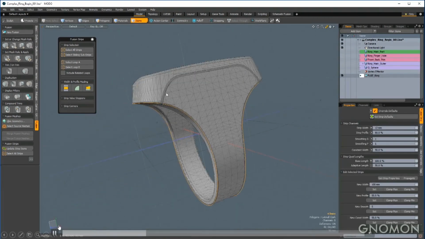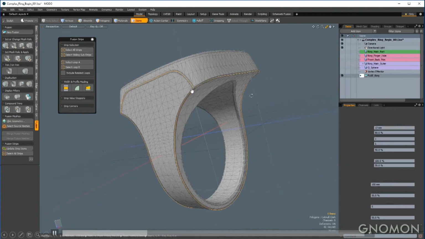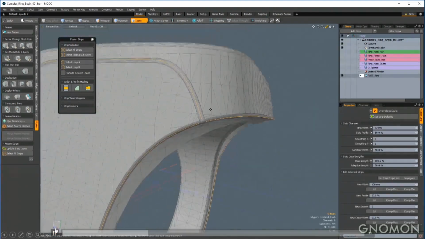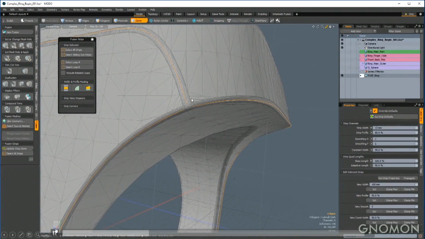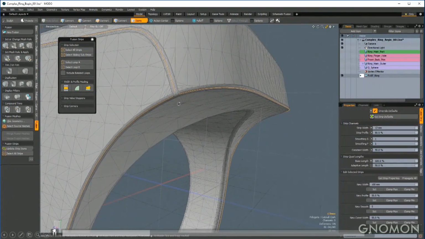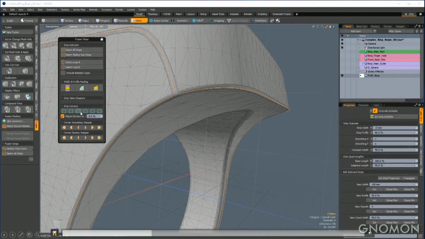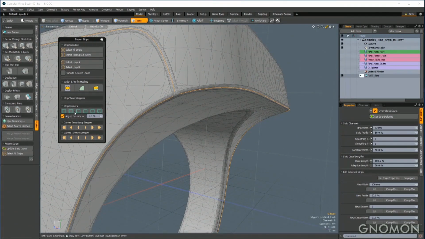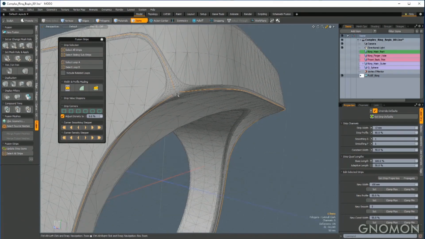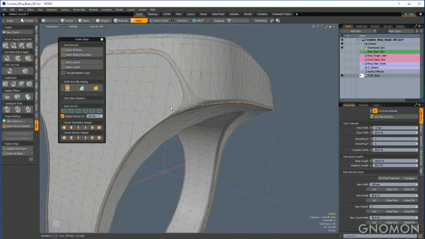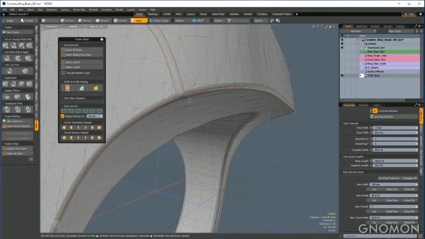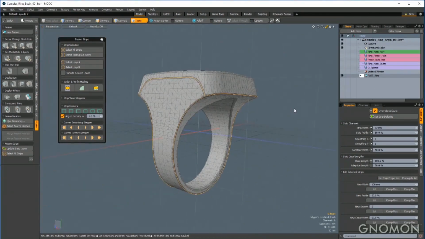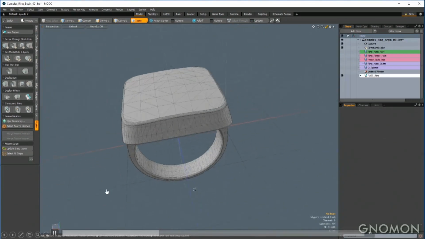So now I'm going to select all of the strips that meet at a corner point. And you'll see the corner right here. And then I'm going to go into the Fusion Strips menu right here, and I'm going to twirl down this strips corner. So I have this row of icons. The leftmost one is a square, and the rightmost one is a circle, and in between is a gradation between square and circle. By choosing the circular icon, you can see the corner becomes very rounded. By choosing the leftmost square, it's very angular. And then I'm going to choose the third from the left because that's like a happy medium. And with that, the body of the ring is done.